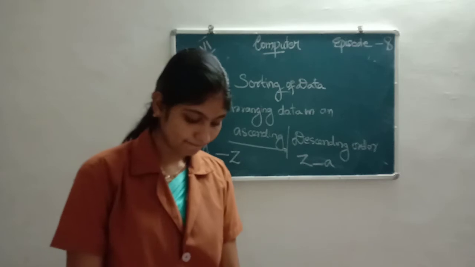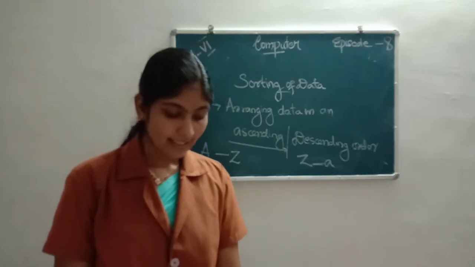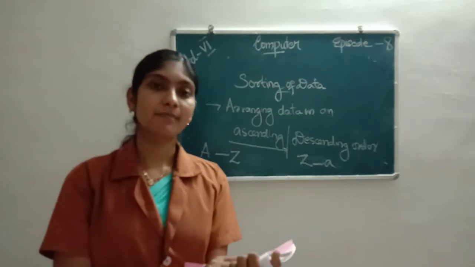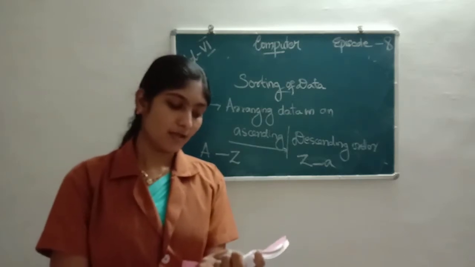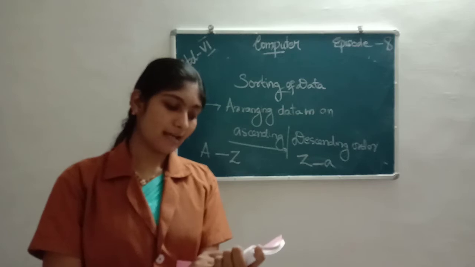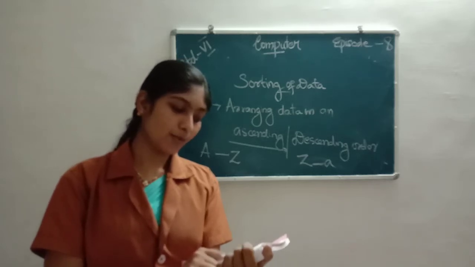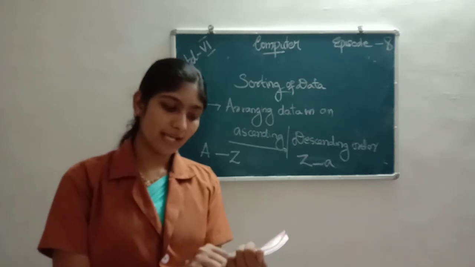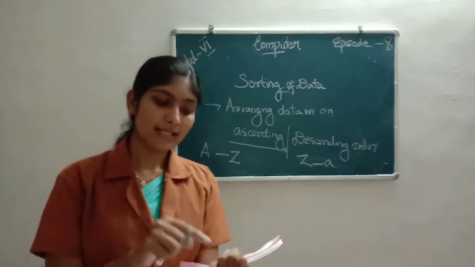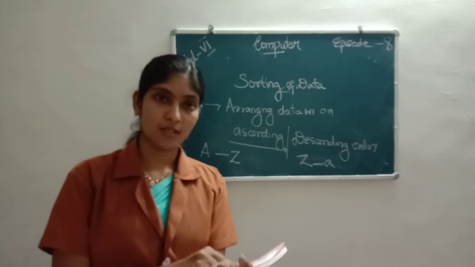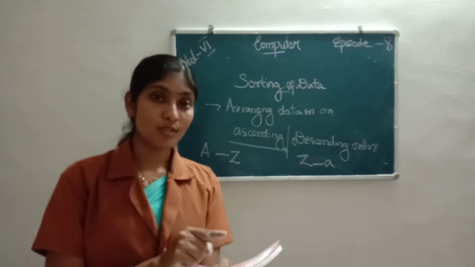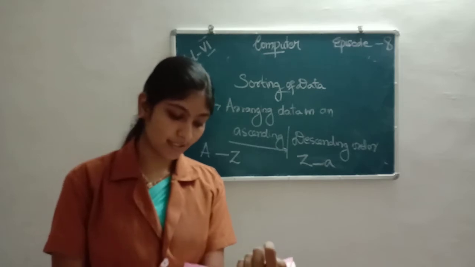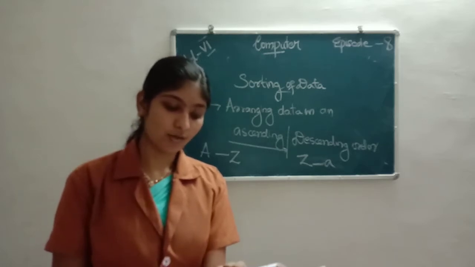So here there are three fields: name, age, marks. The names are Shalini, Rajiv, Ishi, Charu and Mitesh. So the question here is what? Sort the given data based on a column, here the name. So you have to sort the data based on the name. That means we have to sort the data according to the ascending order of the name.